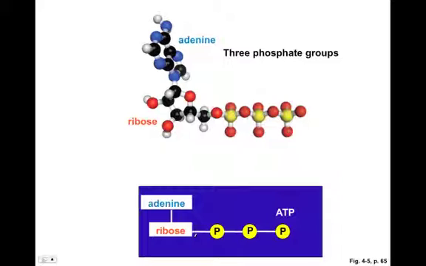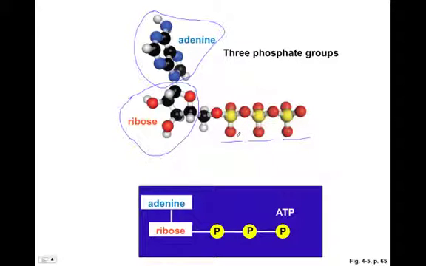If we look at the ATP molecule, we see it's comprised of three different sections. We have the adenine section, which is this area right here, comprised of the blue and the black balls that we see there. That adenine is attached to a ribose, a ring sugar that we see here. And then attached to our sugar, we have three phosphate groups. And those phosphate groups are held together with the bonds represented by the white lines we see here